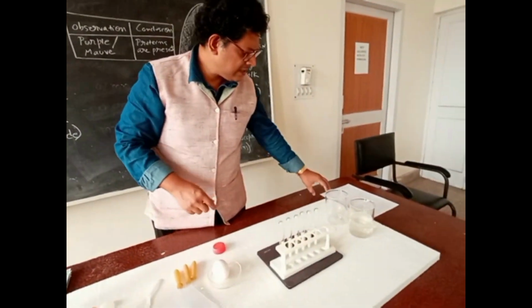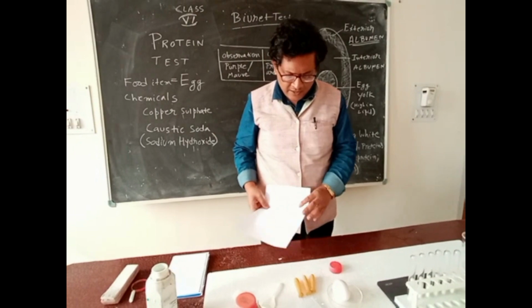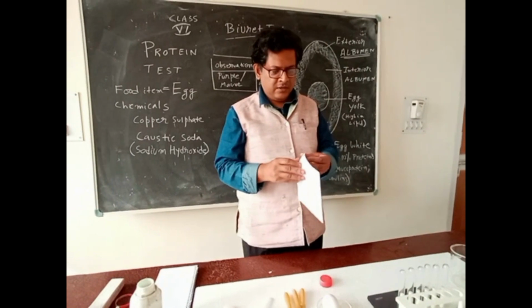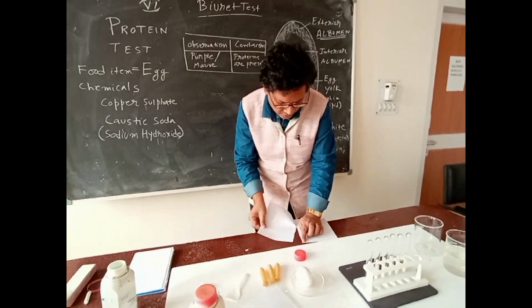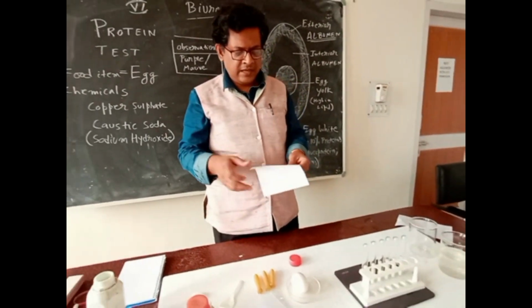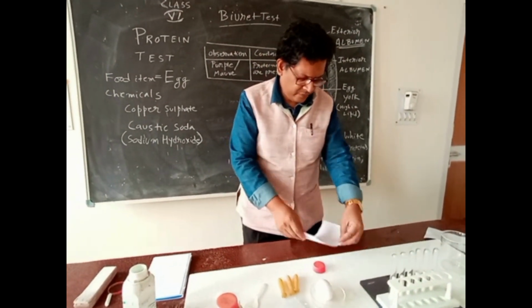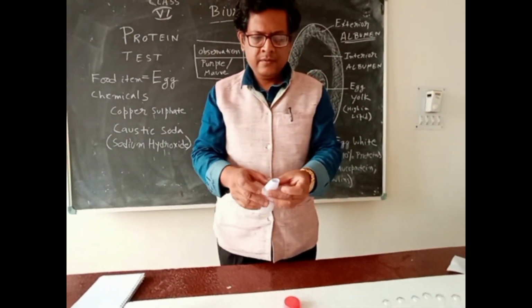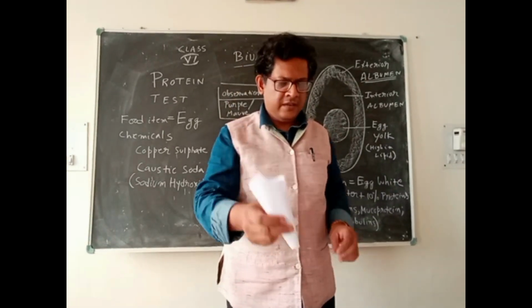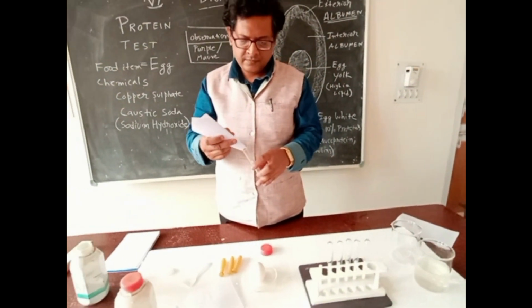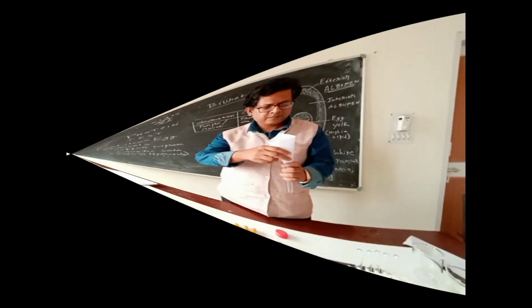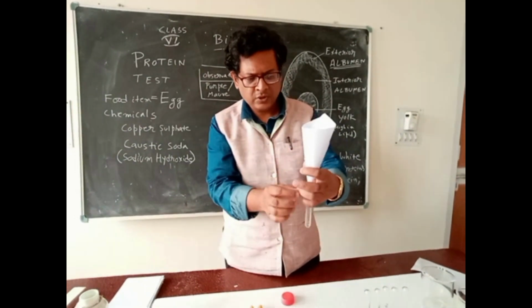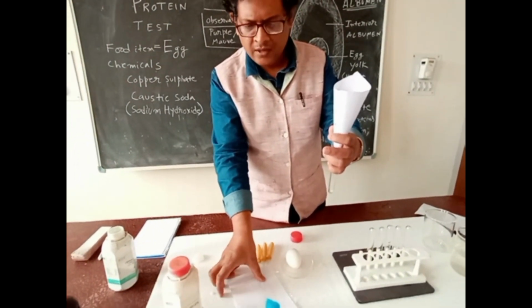Now to pour it into the test tube, we make a funnel, just like when we are taking jhalmuri or chanachur from the seller. Now they are using a packet also. Simple technique. You have to make a funnel, this type of funnel, and we simply insert it. Why do I use this type of funnel? So that copper sulfate does not stick to the wall of the test tube.